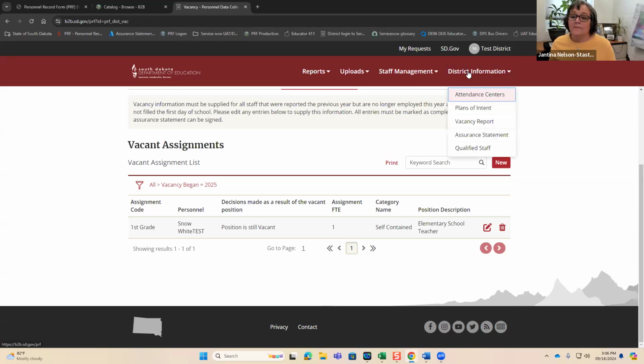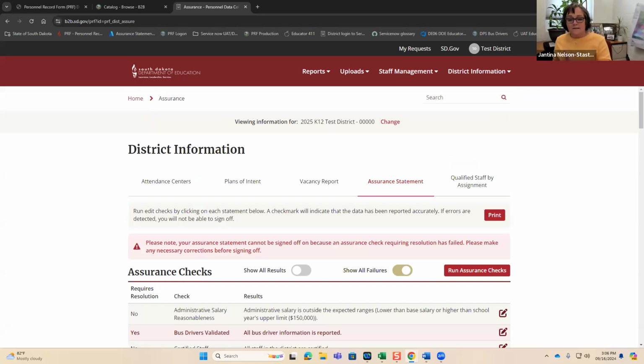Okay, last step is your assurance statement. The assurance statement is the final component. You can run it mid-course and see if you're creating any errors that need to be fixed. There's a data validation check in the top half, and you have to mark the bottom half to show you're in compliance.